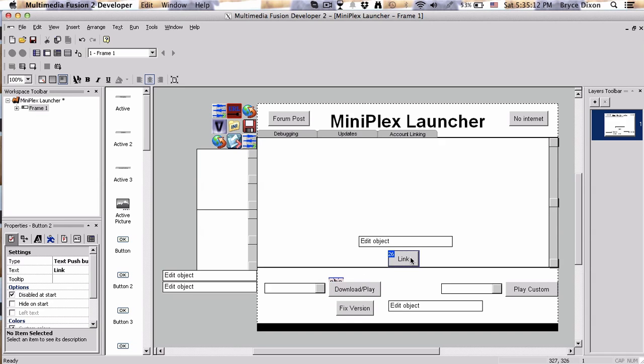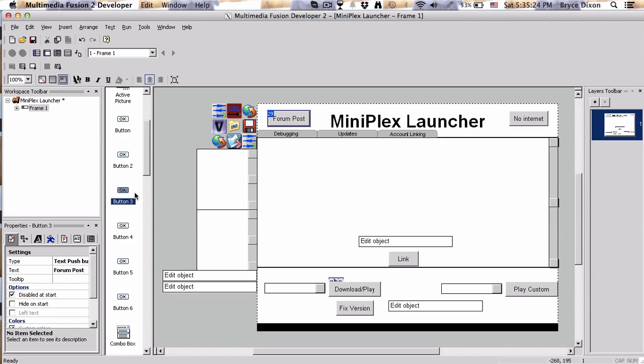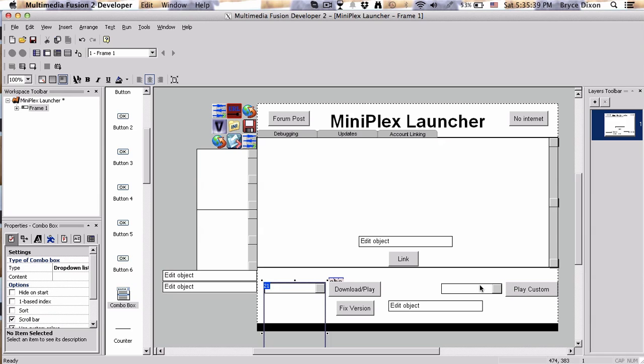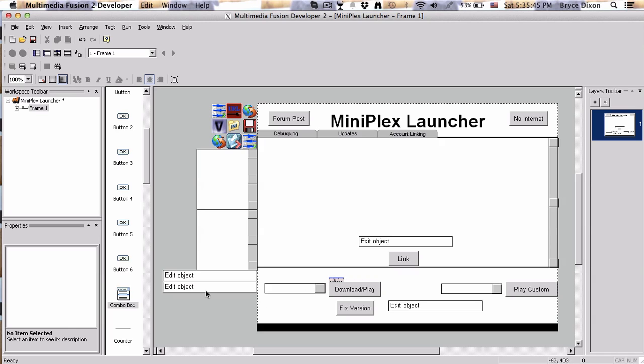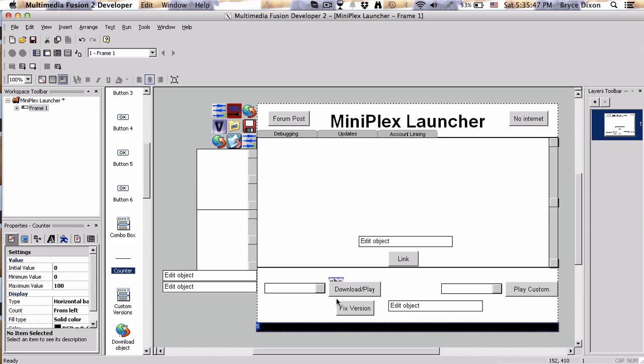I have the link button, which I will go into what everything does when I'm done explaining what is all here. Button 3 is the forum post, which will bring you to the forum post. Fixed version, no internet, and play custom. I also have a combo box there, and the custom versions combo box, which are just the drop-down boxes. I have the counter at the bottom,